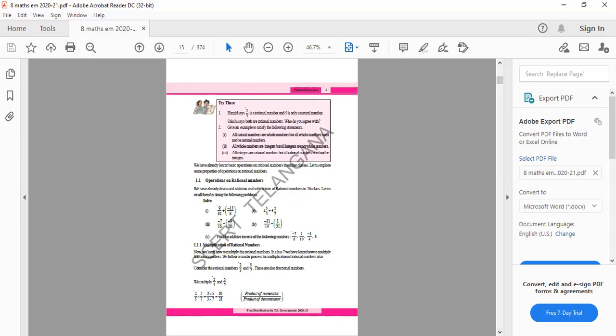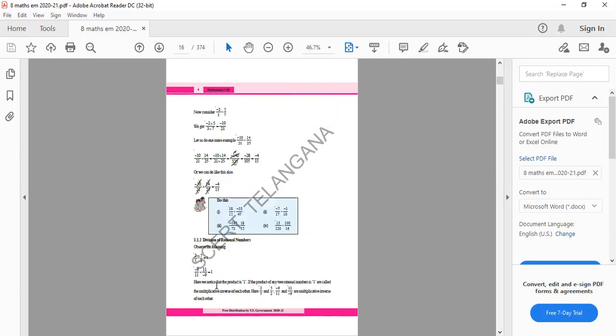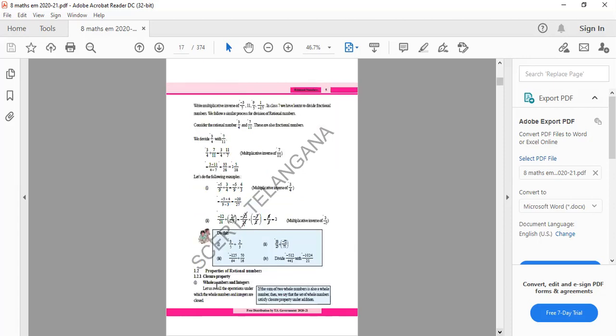Then after that, some operations of rational numbers. Rational numbers are nothing but fractions, in the form p by q. I already mentioned addition of fractions and subtraction of fractions, which I already taught. Later you can watch that video and come back. Then I didn't explain the product and multiplication of rational numbers, so we should go for that. This is the multiplication and division part. Later I will explain with some examples. Then after that, we'll go for the properties of rational numbers.